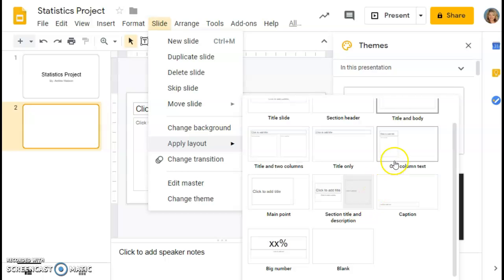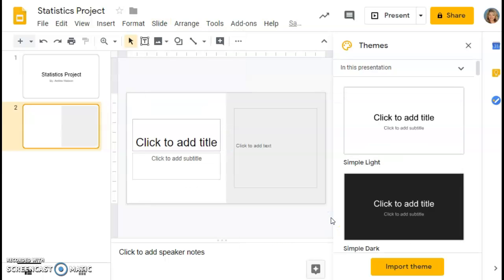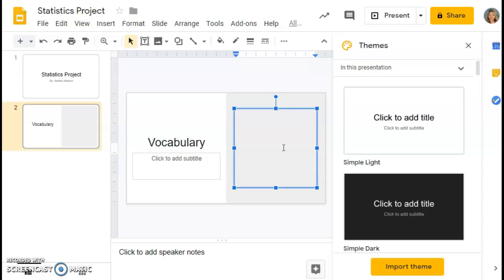If you want one that has one column text, one that has text and the description, one that has caption at the bottom, so you could add a picture there and then put at the bottom your credits, because you want to give credit where credit is due, so you can have your resources listed at the bottom. And you could have a section header. So, you know, it's really open to however you want to create it. So I'm going to do a section and title, and we're going to say vocabulary,